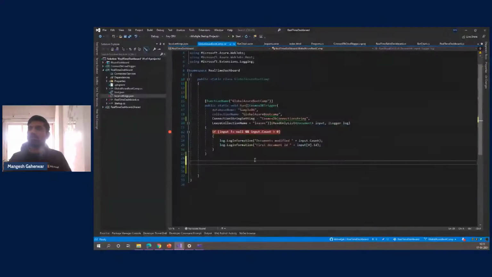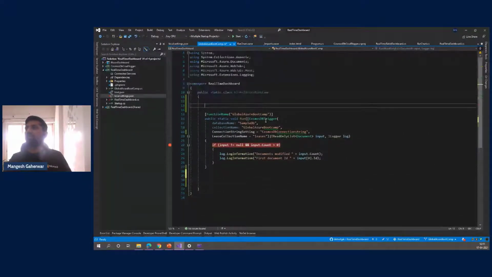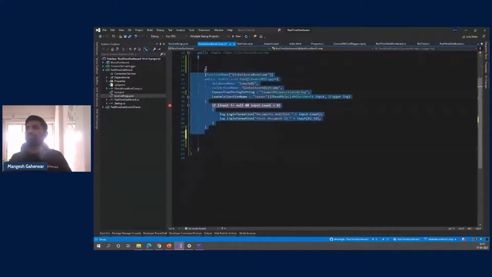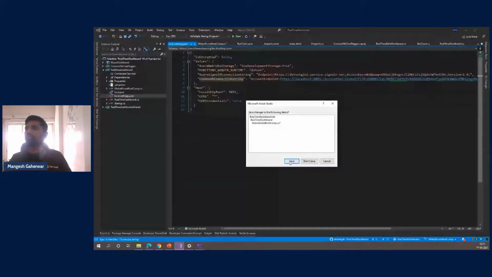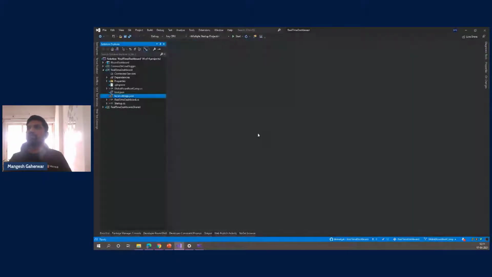So here we are. First thing that we need to do is design a function which will trigger based on the Cosmos DB changes.